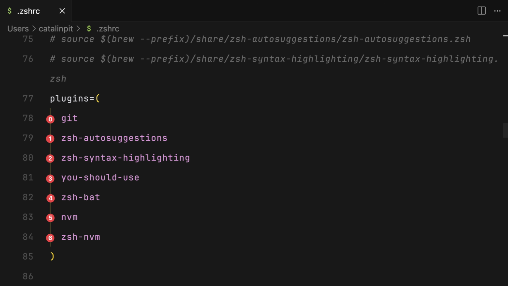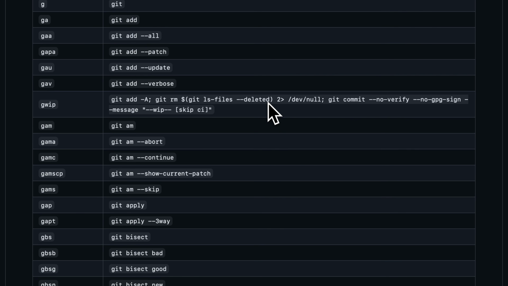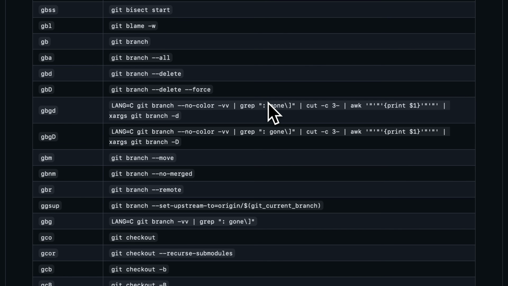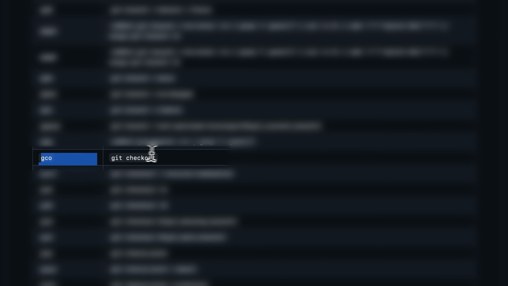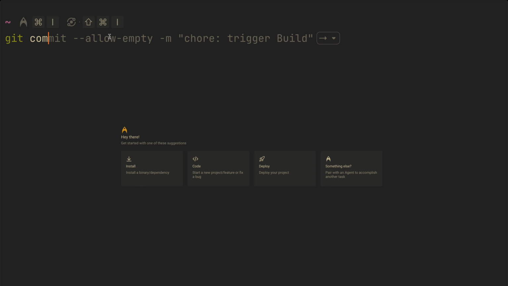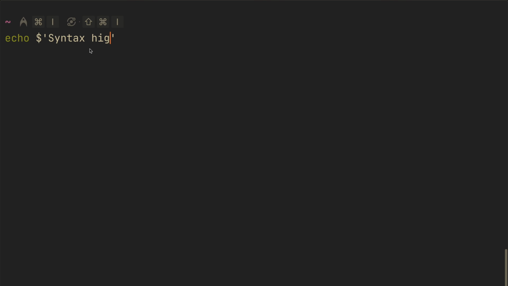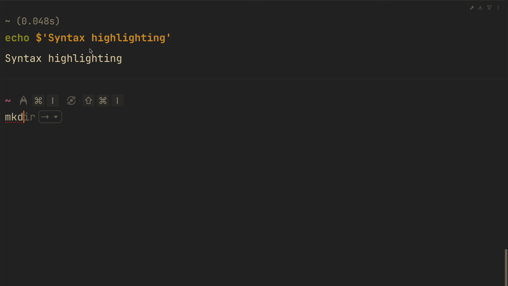Once I finish configuring my MacBook, I install my 6 favorite ZSH plugins. The first plugin is the Git plugin that provides useful Git shortcuts like gco instead of git checkout, for example. Then there is ZSH autosuggestions that provides autocomplete functionality based on your history of previous commands. Then there is the ZSH syntax highlighting, which highlights the syntax for the commands you type in the terminal,